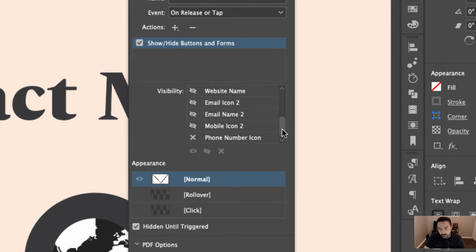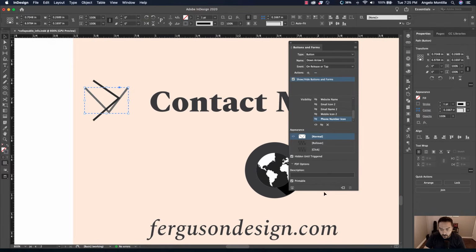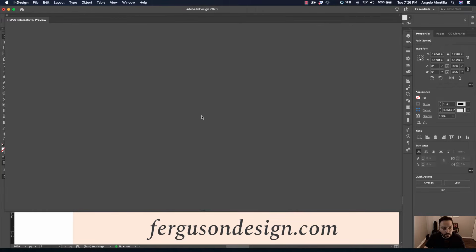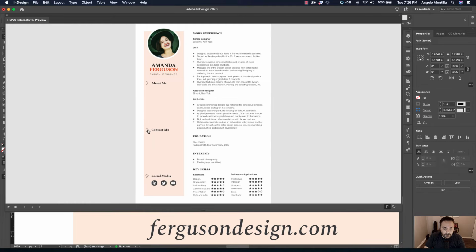And I'm going to test this out in a second, because oftentimes you may have missed something and we'd have to go back and fix it. So testing and viewing your work as you go is very important. So there you go, contact me, let's drop it down. There's all the elements, and let's bring it back up. That seems to work fine.